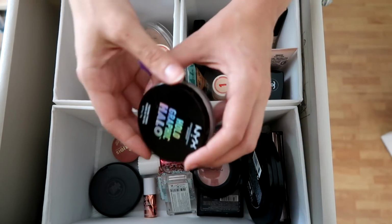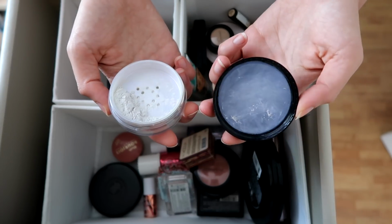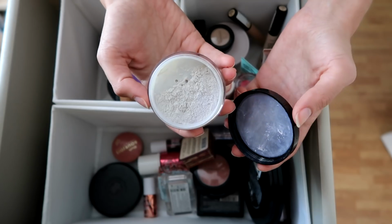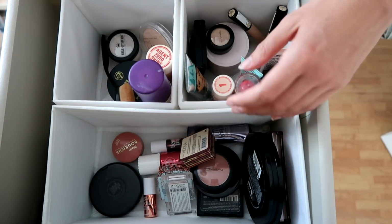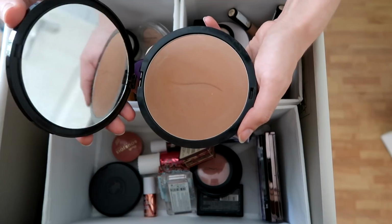I do think I'm gonna get rid of this. This is a duochrome highlighter. The color is like bluish. Blue highlighter doesn't really look good on anyone, if I'm honest, I think. And this was like really trendy for a while, but since it's not actually flattering, I think I'm just gonna get rid of it. I'm kind of on the fence about this giant bronzer, because it was one of my